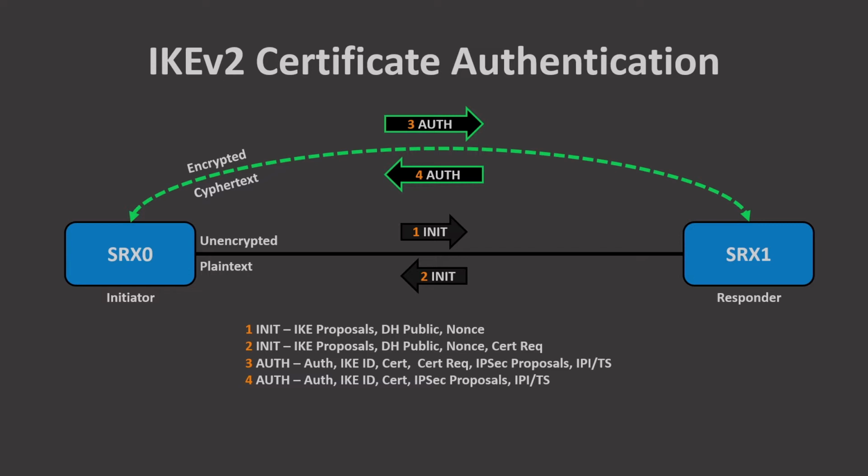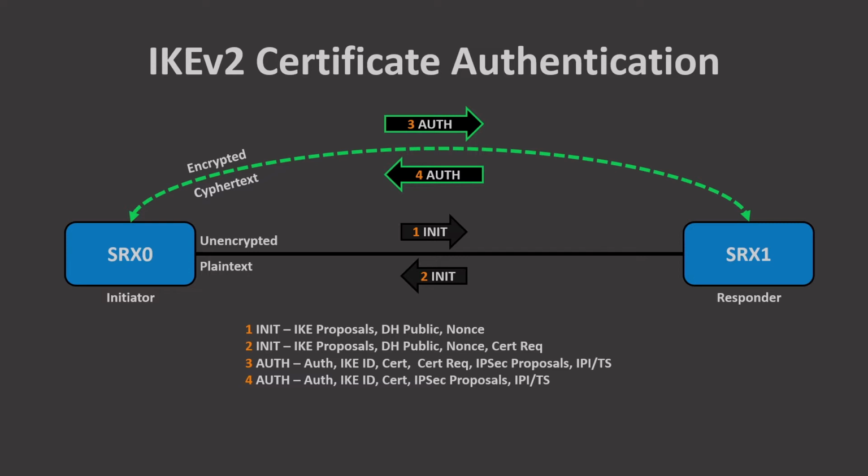Now going back to the auth block, or the auth piece at the very beginning of this auth packet. This is similar to how the pre-shared key worked, where we're going to take both nonces and the local IKE ID. Now we don't have a pre-shared key, so that's left out, right? But we take both nonces and the IKE ID, and we send it through that hash and get a hash result. Then SRX0 is going to use its private secret key that corresponds to his certificate,